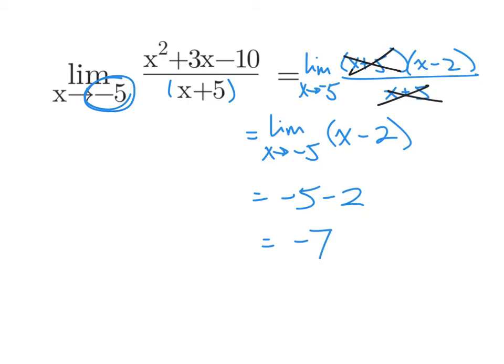Oh, one last thing that I do want to point out, very important as far as AP goes and how we're supposed to be expressing and communicating mathematics accurately and writing down logical statements. As you are simplifying a limit, always write this limit part until you actually put that value in. Until you do that direct substitution, until you're actually evaluating the limit, you have to write limit in front of